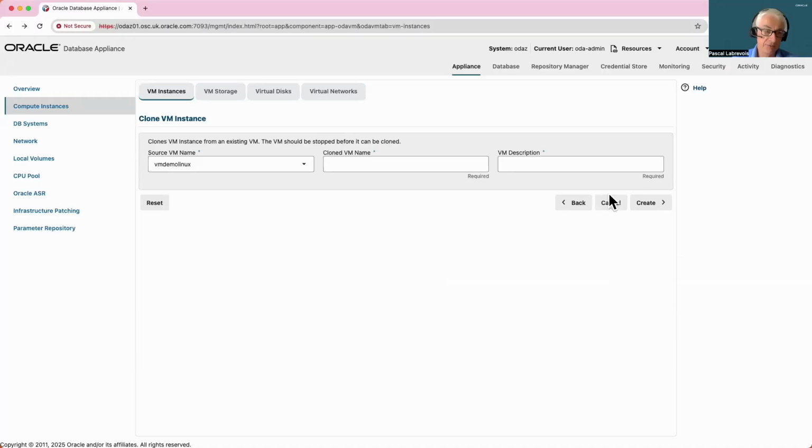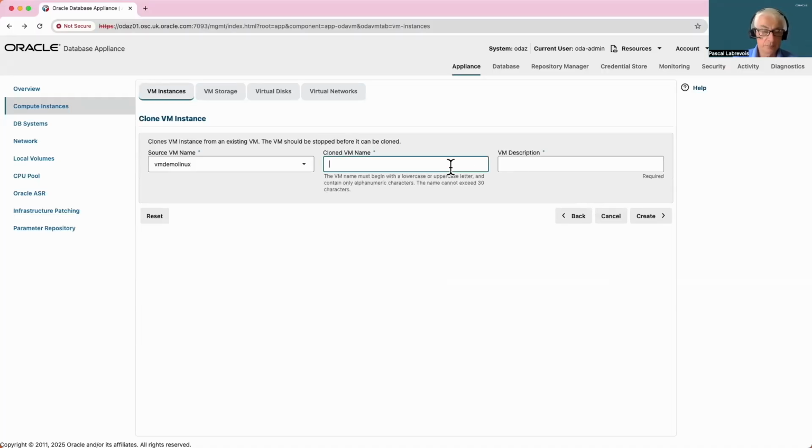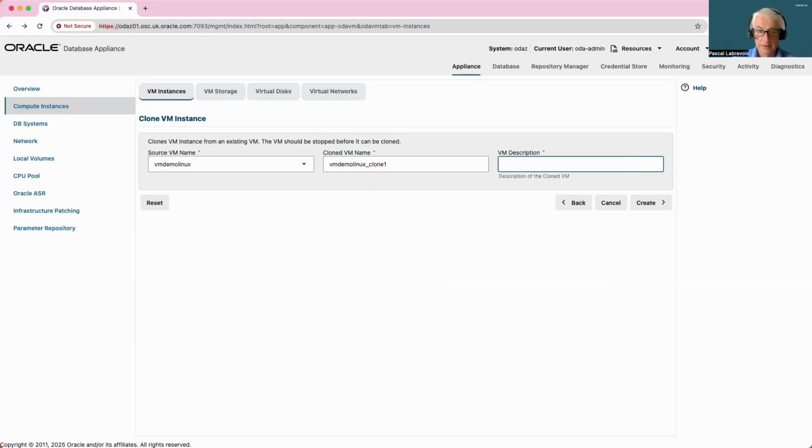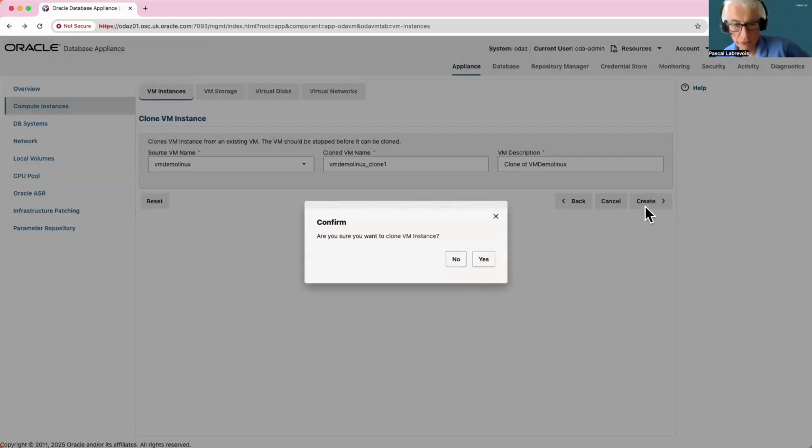So I select the source VM. I select a clone name for the new VM, a description. I'm going to press create to launch the clone of the VM.